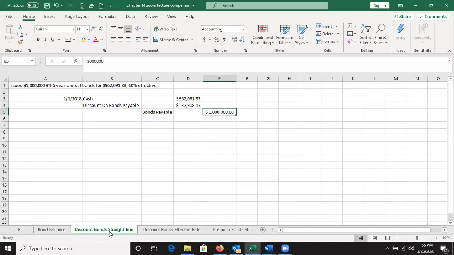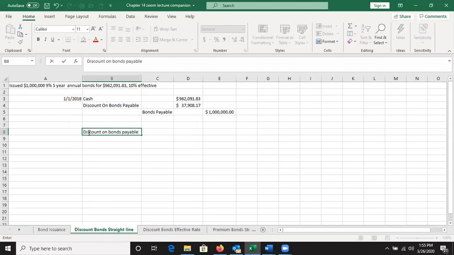Now, when it comes to amortization, though, we have two methods. Straight line amortization, as you can imagine, is nice, pretty, and easy, just like straight line depreciation. And then we have an effective rate. An effective rate is what you saw in the last video where we made this nice, beautiful table. Okay? So, straight line amortization is literally the discount